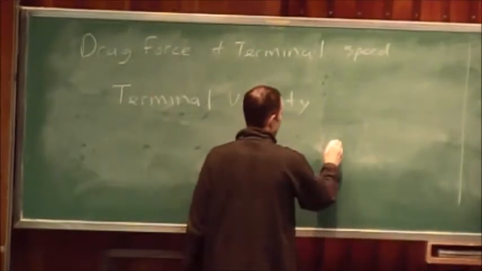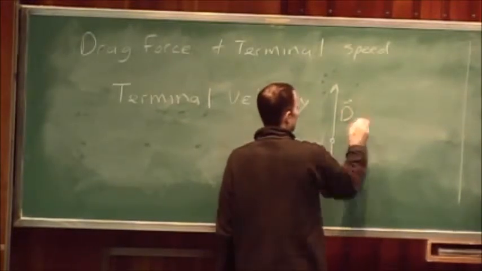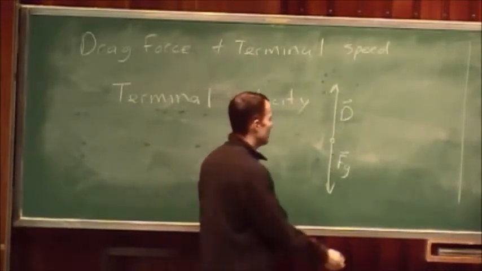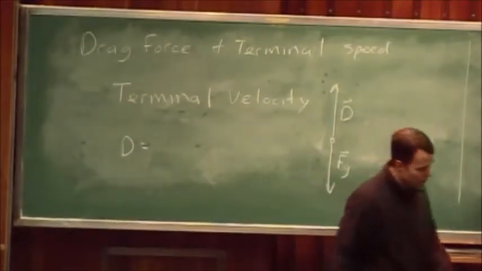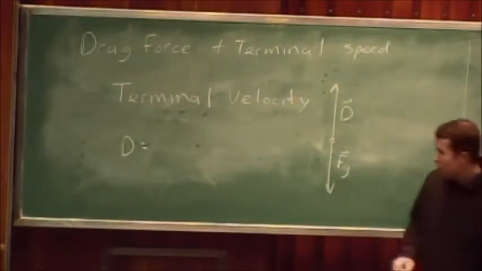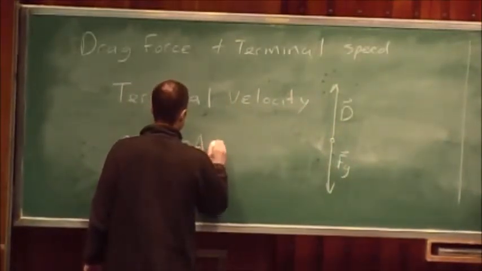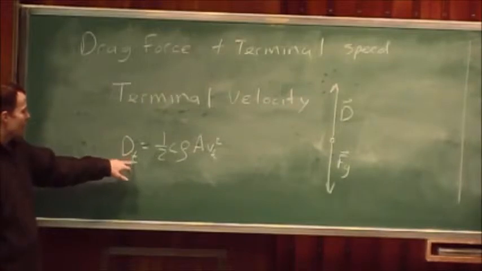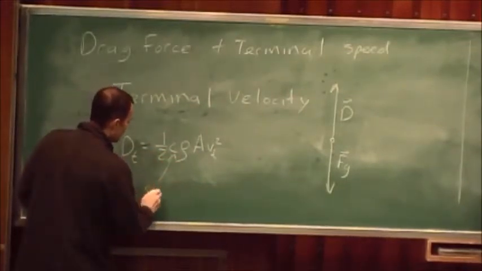is the velocity at which, we'll just call this drag, your drag is equal to your gravitational force. Okay, and we're going to say D, its magnitude is 1/2 C rho A v_t squared. And what I mean by this is drag terminal. So this is the drag force at terminal velocity. And what this C is, is just a coefficient